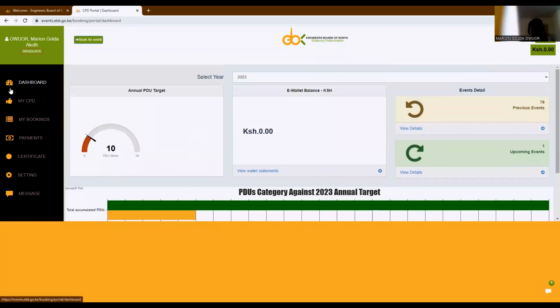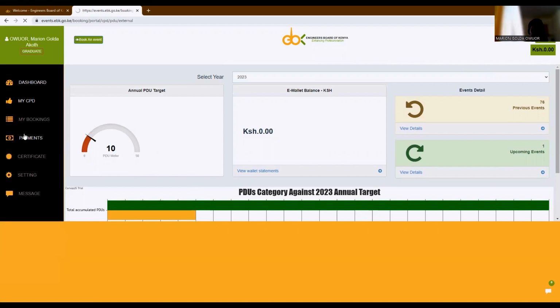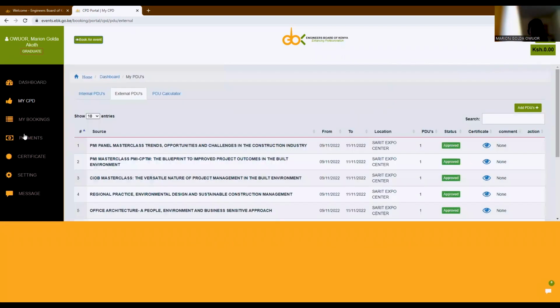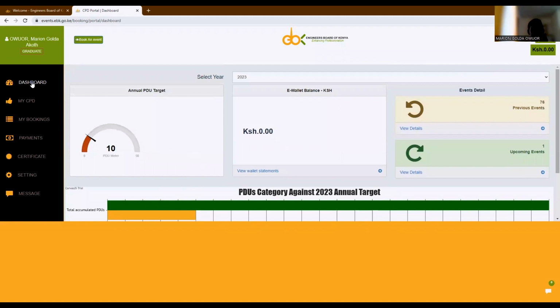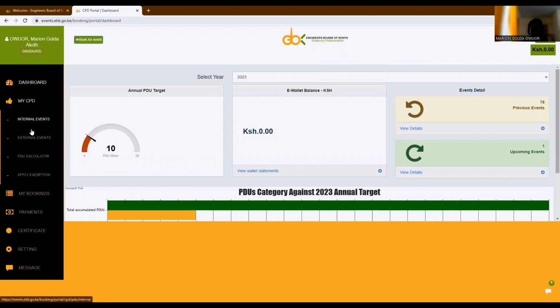How do you log in the points that you have received? So what you're going to do is come here to My CPD, and then you choose either internal events,